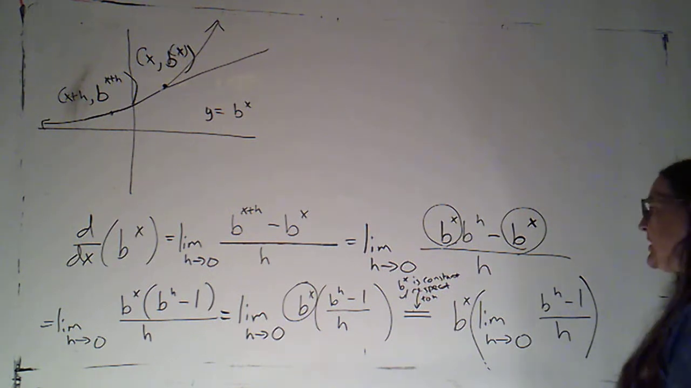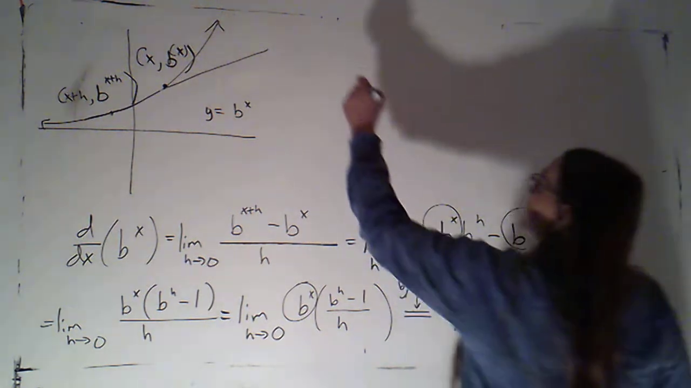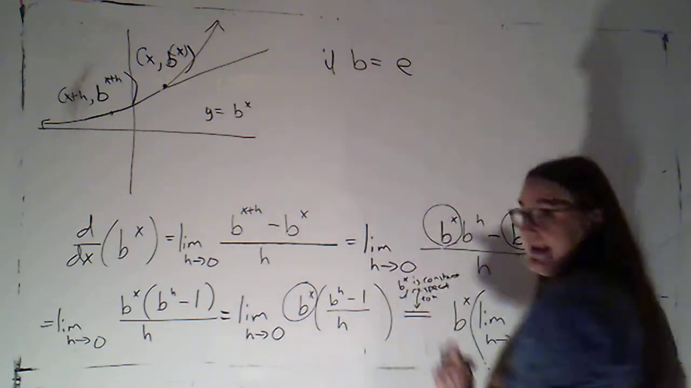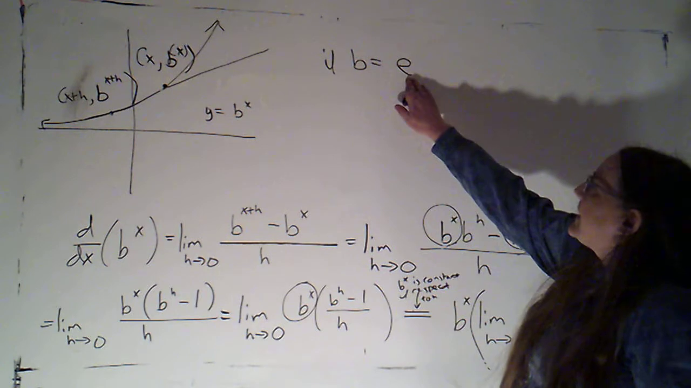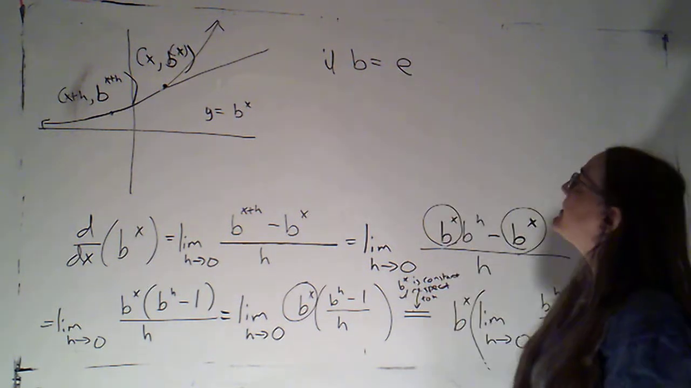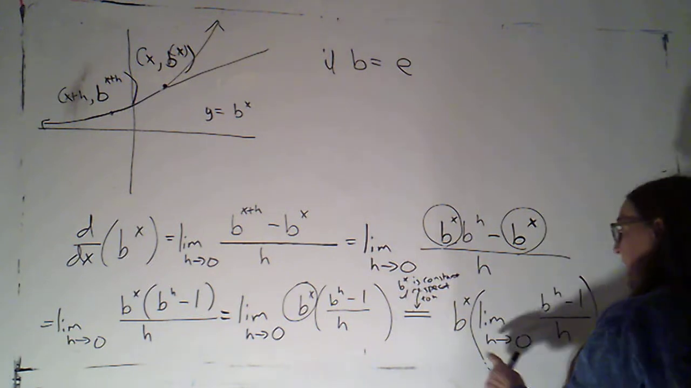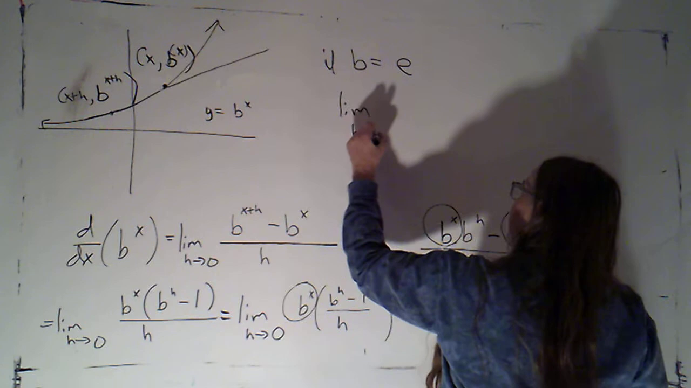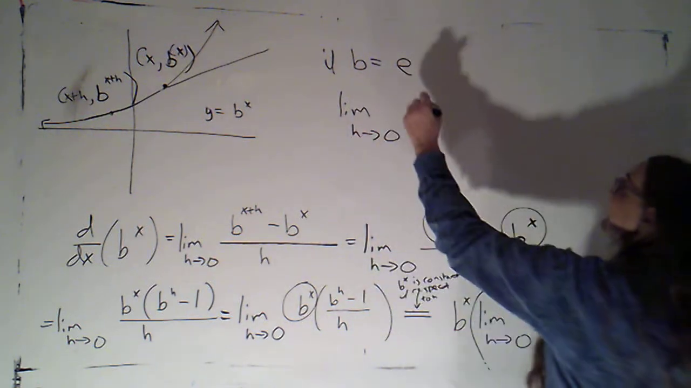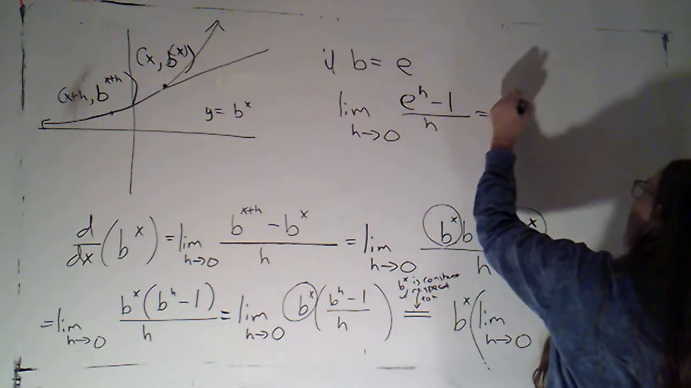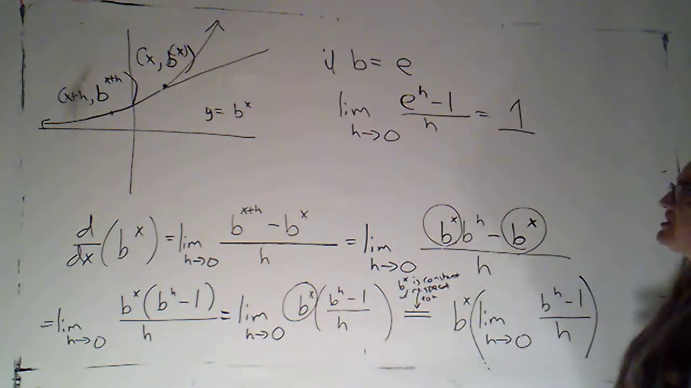What I'm going to do is tell you if b happens to be e. That's what we call the natural base. If b is e, I'm going to go ahead and tell you what this limit is. The limit as h goes to 0 of e to the h minus 1 over h happens to just be